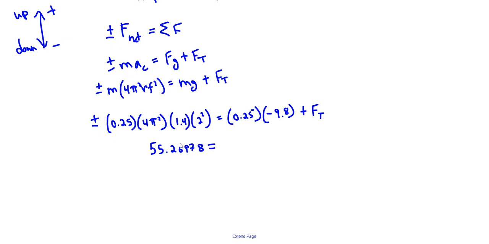55.26978. That's plus or minus, depending on which direction, if it's at the bottom or the top of the circle. Negative a quarter times 9.8 gives us negative 2.45 plus our force of tension. I want that force of tension, so I have to add 2.45 to both sides. So this is what we're going to end up with: our force of tension is equal to 2.45 plus or minus